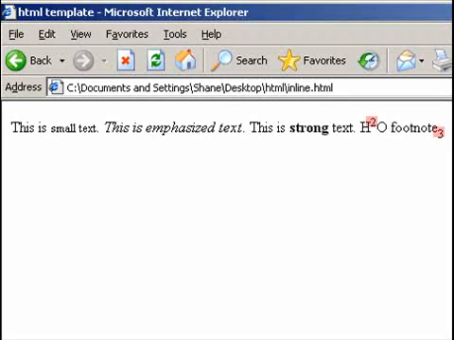Check out those scripts, folks. I think they're pretty neat, and if you ever need to write an online research paper, you'll know how to create footnotes and endnotes properly. Okay, let's move on to a slightly odd inline tag next, one that actually causes a break in our nice neat line,